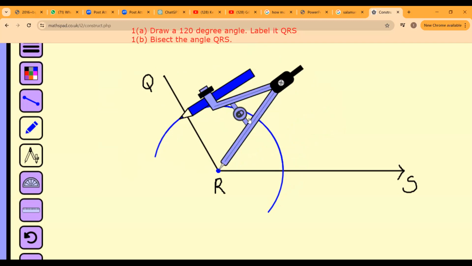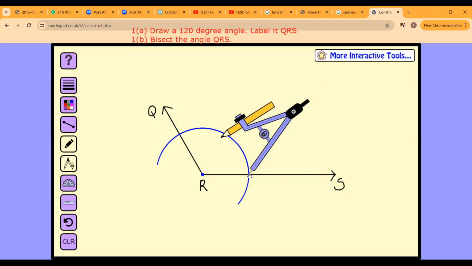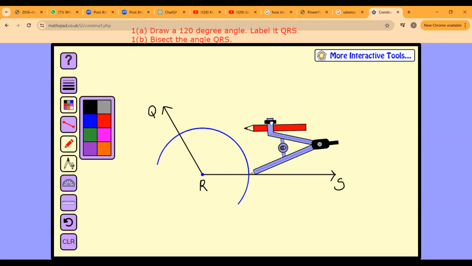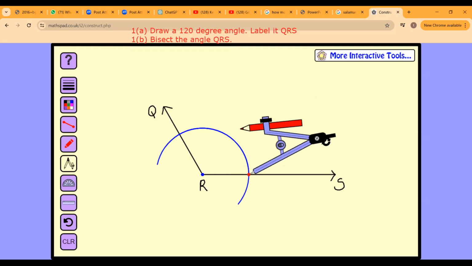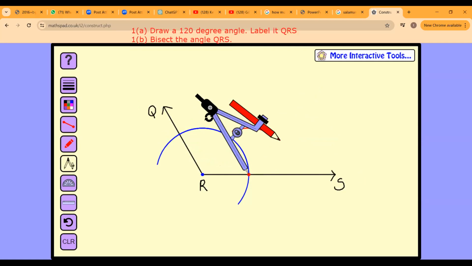All right. What's the next thing that we're going to do? Malik. Then we draw an arc in front of the existing arc. Very good. After we have drawn this arc, we're going to come to this particular position and draw another arc. Let me put this in red. We're going to draw another arc, and the arc is going to come up here. That's the arc that we're going to draw right there.